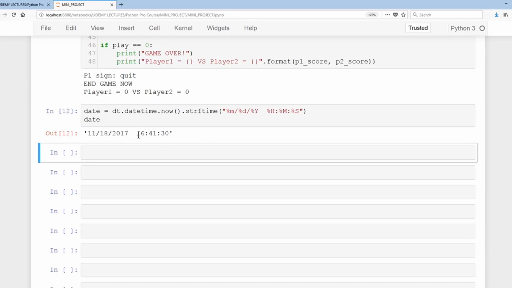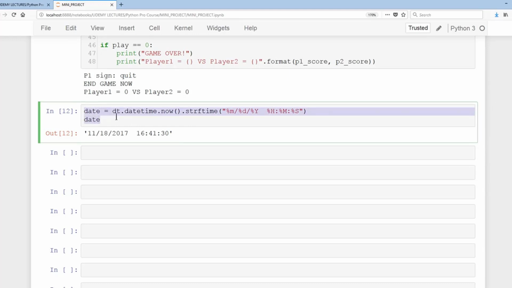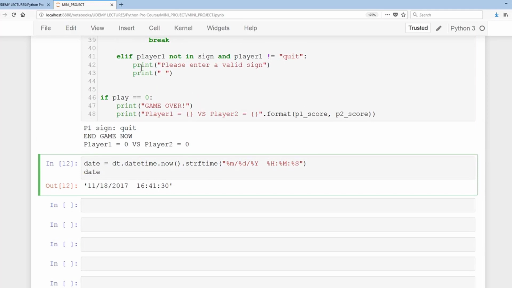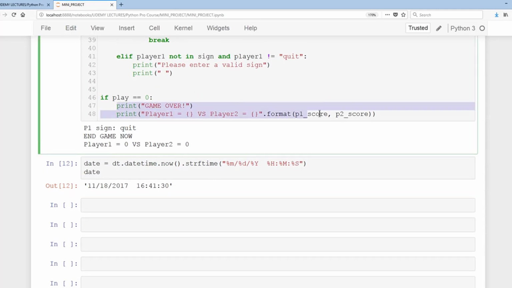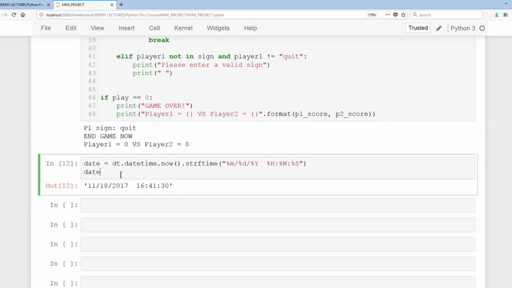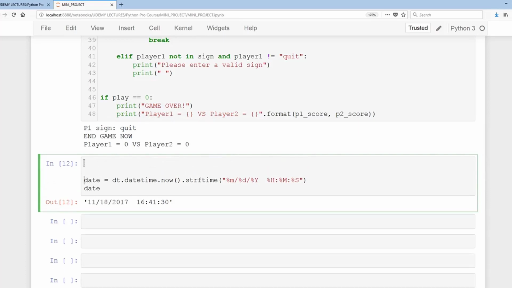Okay, great. So we've got 4 p.m., 41 minutes and 30 seconds. We're going to be copying and pasting this in a moment, but what I'm going to do is grab all of this, just grab this here, and convert this into a function. I'll paste it in here,